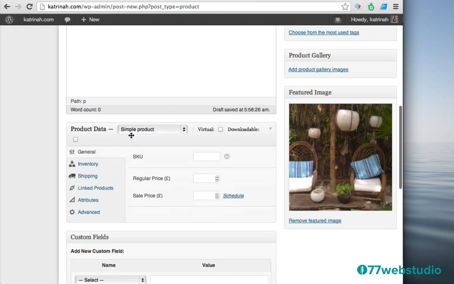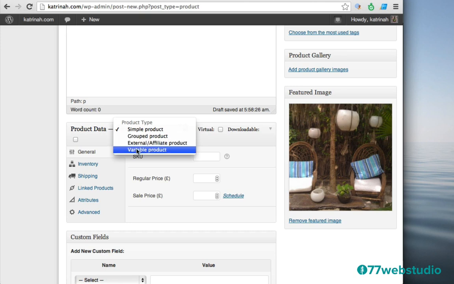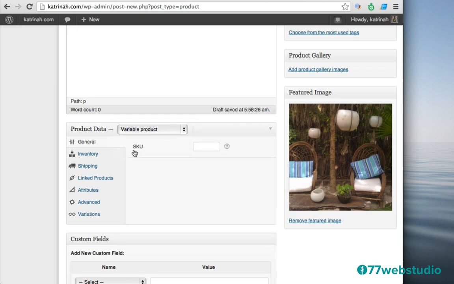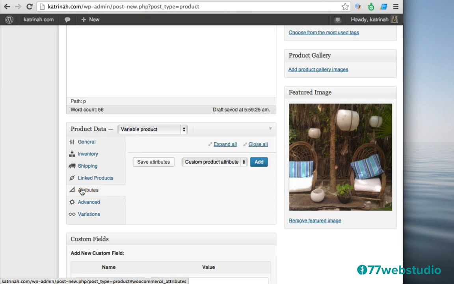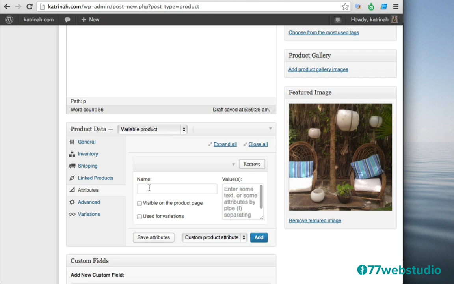So this time I'm going to create a variable product. It'll be a small lantern. I think these are lanterns. I'm going to call them lanterns. There's small ones and there's large ones. So I'm going to create a variable product by clicking on Variable right here. And then I'm going to start by clicking on Attributes right here. Then you want to click on the blue button that says Add, and I'm going to call this Size. The attribute name is going to be Size.